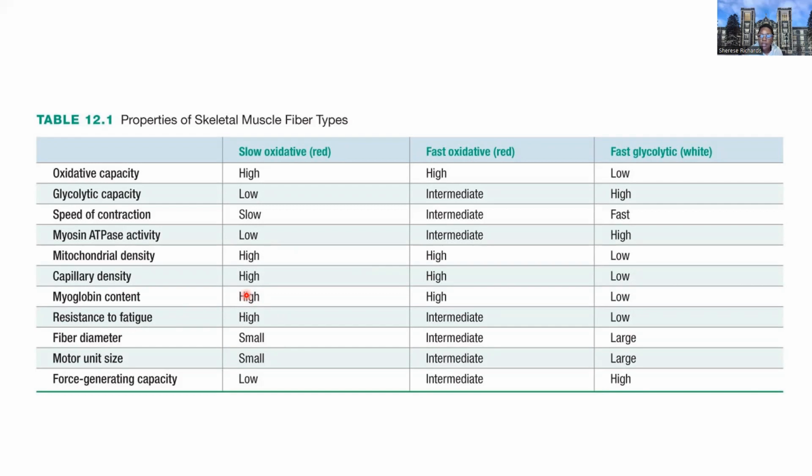It needs oxygen. So it's going to have more mitochondria to supply oxidative phosphorylation. It's going to have more myoglobin to store that. It's going to have more capillaries to bring that oxygen in, etc. So definitely use that as a way to study and